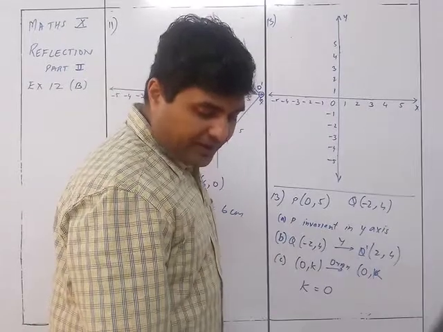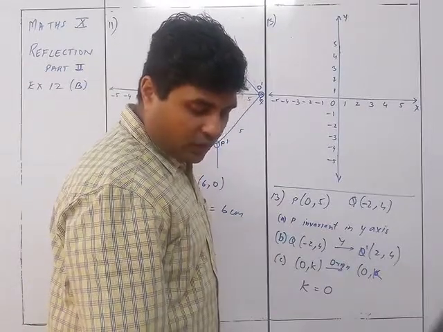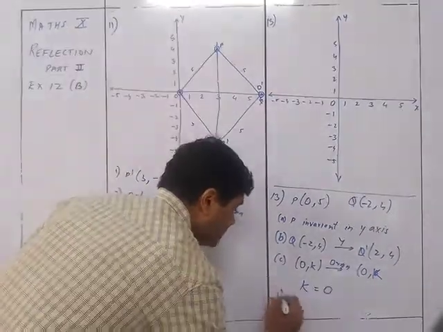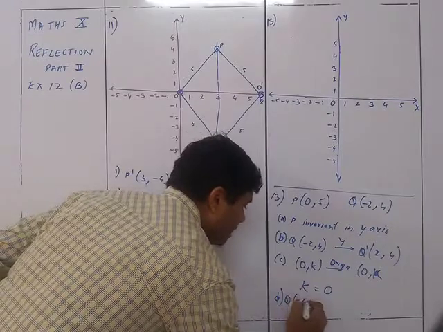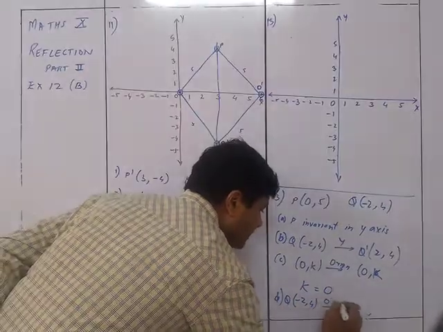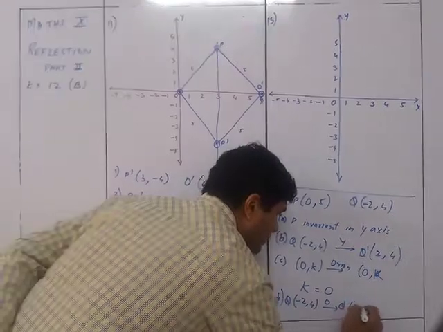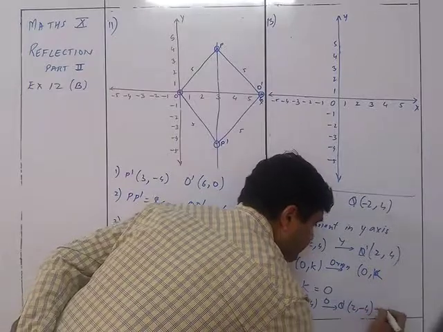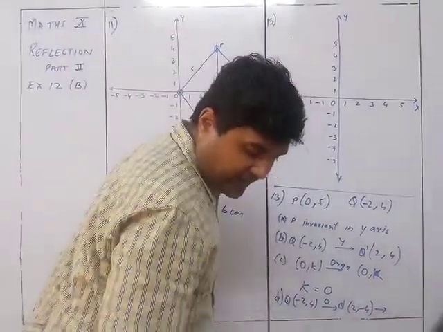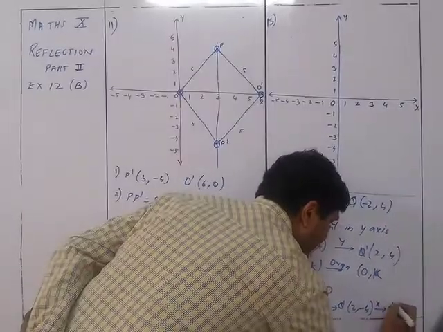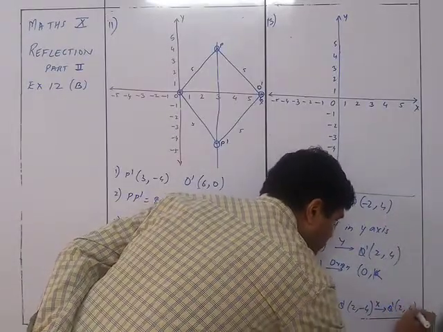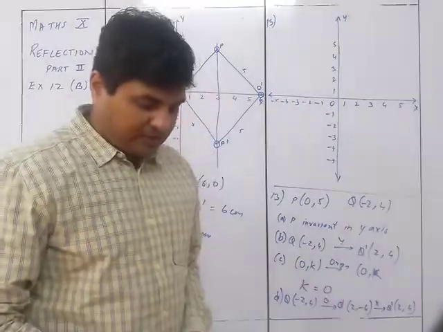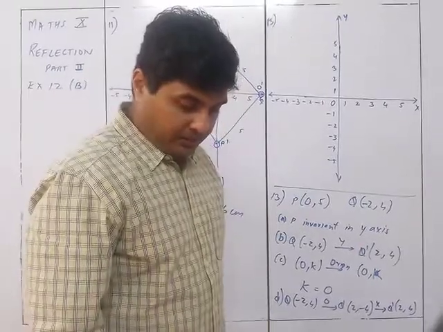Right? Write the coordinates of the image Q obtained on reflecting it in the origin, followed by reflection in the x-axis. So you have here D as Q, which is minus 2 comma 4, which reflected on the origin will give you Q dash, which will be 2 comma minus 4, and then it is reflected by the x-axis. So reflected by the x-axis, Q double dash will be 2 comma 4. So it is origin followed by x-axis to give you 2 comma 4. That's the answer for sum number 13.